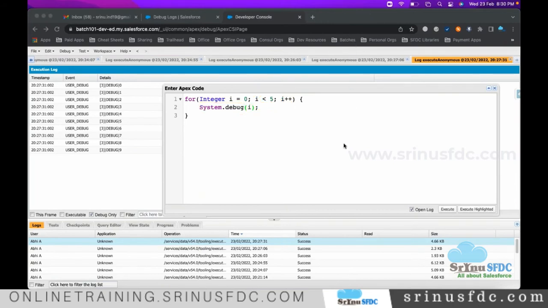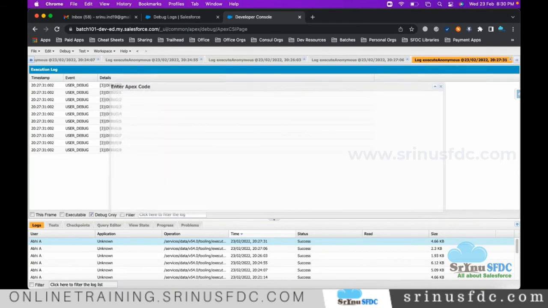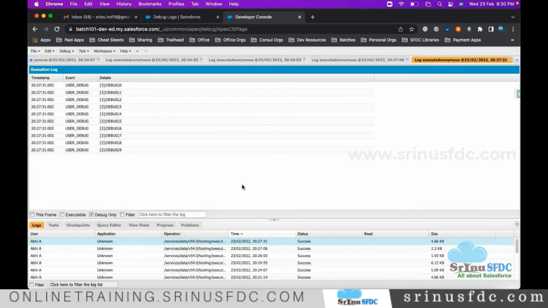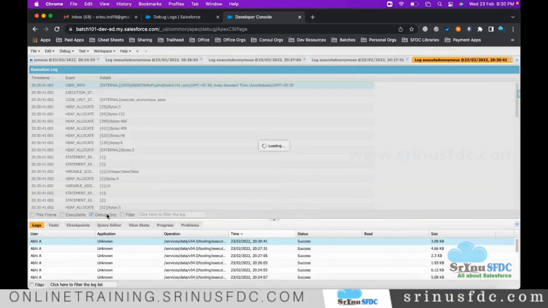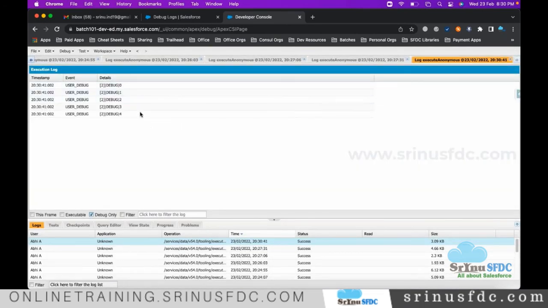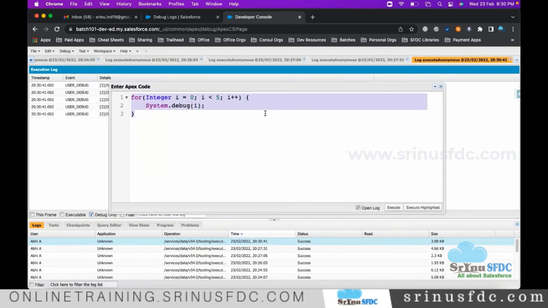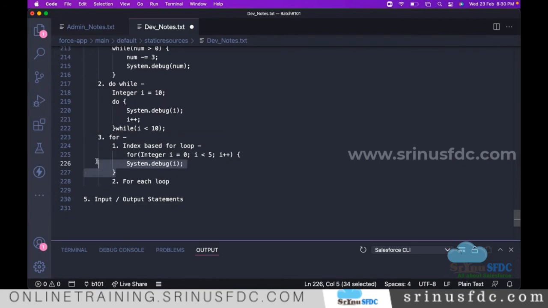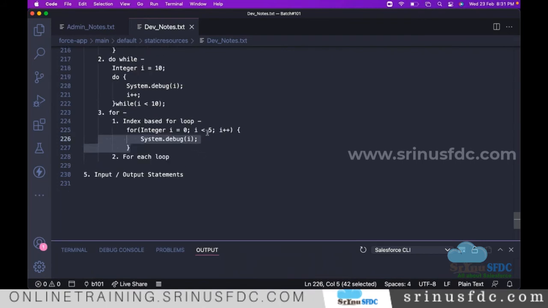Okay, so let's execute and see the result. You see 0 to 4, right? You are seeing that result, right? So that's it. This is the for loop, the index based for loop. This is how it works, right? The next one is